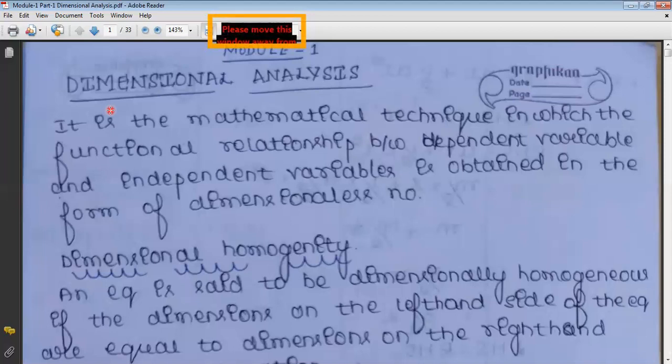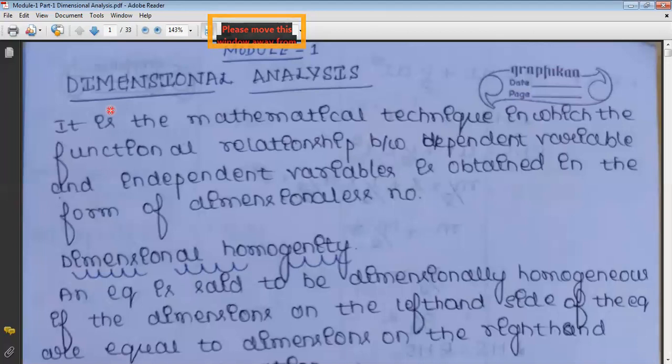In general, we have five fundamental units: meter, kg, seconds, Kelvin, and ampere. These are the five fundamental units we usually use in mechanics. Out of these five, there are three basic fundamental quantities we often use in any equation: meter, kg, and seconds. These three are the fundamental units we often use in different equations.